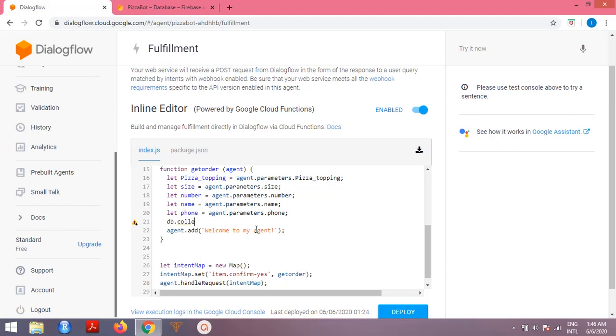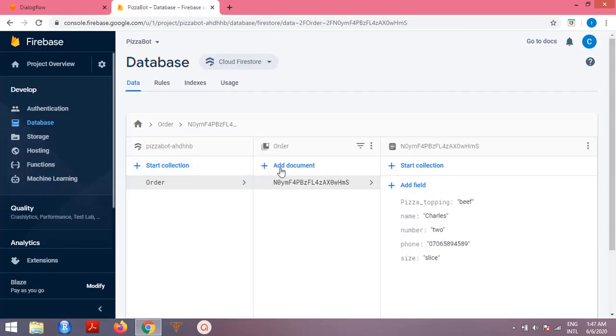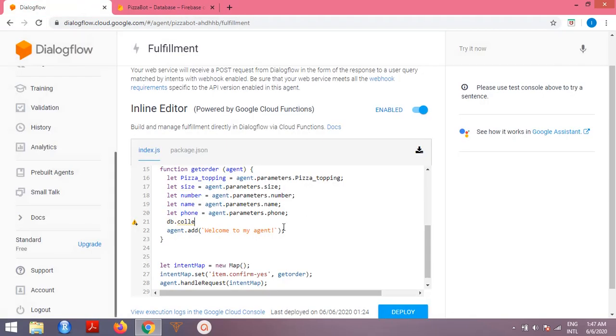Make sure that all these are spelled correctly, because if you don't spell them correctly, you can think maybe something is wrong, or you don't know it was the spelling that made things not really work well. So collection,